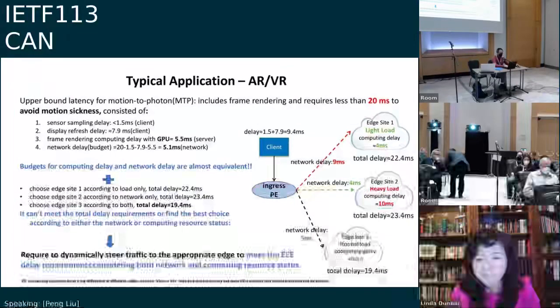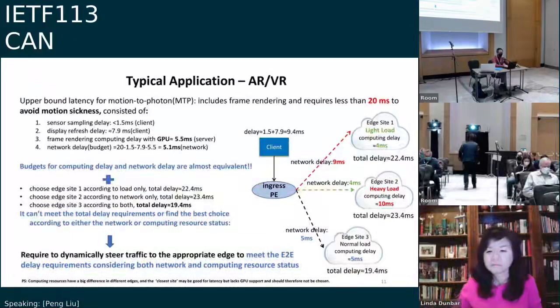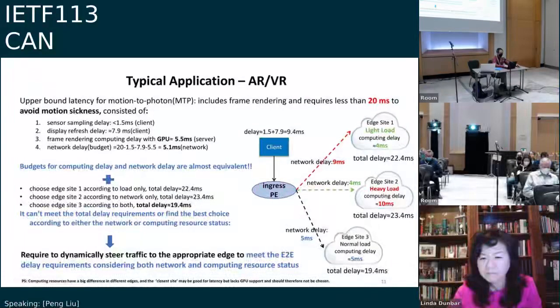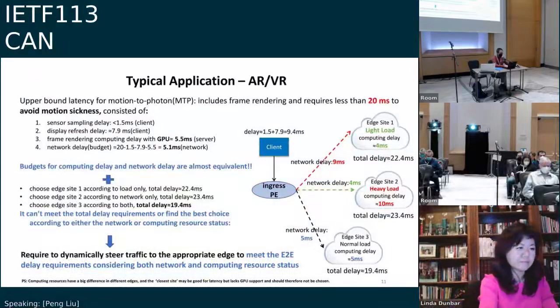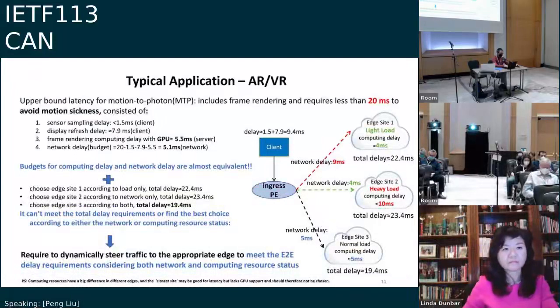And there's a picture on the right side that shows the client's request could go to edge site 1, 2, or 3 to get service, and the corresponding network delay and computing delay are shown here. So we can say that if we choose the edge site according to the computing load only, it will be edge site 1, and the total delay will be 22.4 milliseconds. And if we choose the edge site according to network only, it will choose edge site 2, and the total delay will be 23.4 milliseconds. But if we consider both,